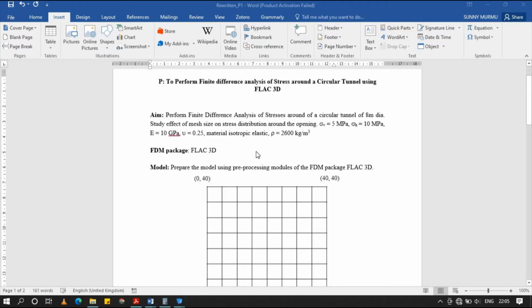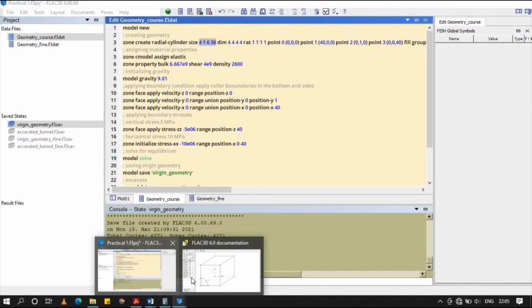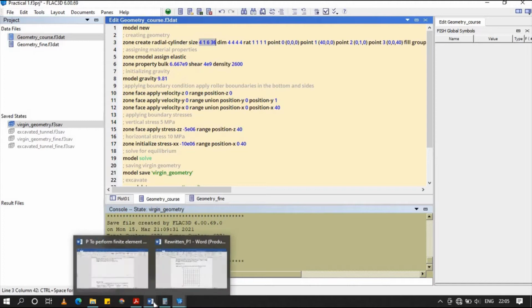Now you're going to see the data which are available for us for modeling purposes. First of all, we are not going to simulate the whole opening of the tunnel, which is a circle, but we'll take only a quarter part of the circle and simulate it. We'll be excavating 4 meters here at this juncture, and it will look somewhat like this. This area will be excavated and we'll be left with this.